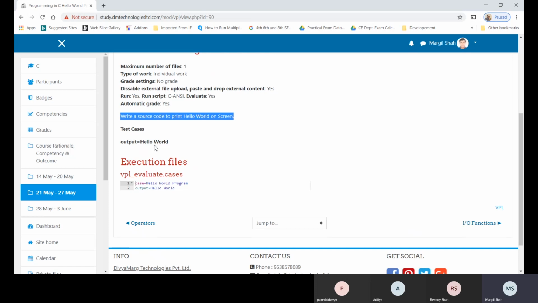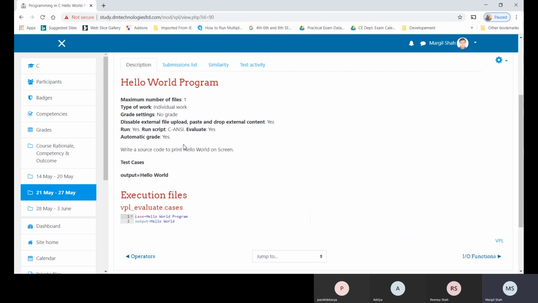Now you need to understand one thing very carefully. Here the test case is hello world, which means you need to write code in a way that it must print the same, hello world only. Don't use your own name. Second, don't try to print something else. Third, don't print h as a small letter and w as a small letter, as this is asked by the programmer. So hello world, where h and w both are capital, right?